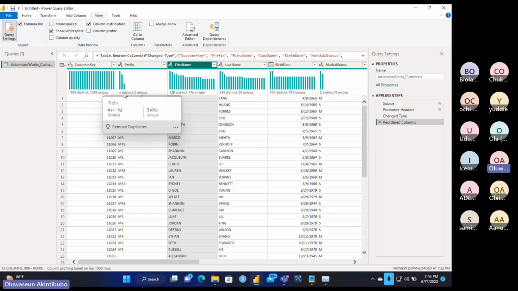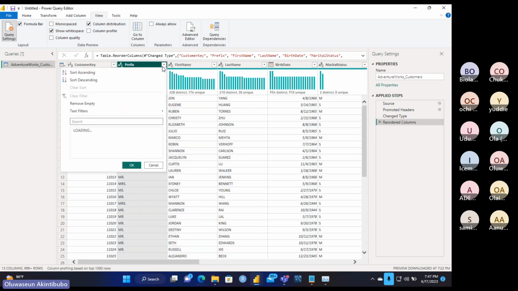We have 4 distinct data inside of it, right? So you can check to see the duplicates. If you want to see duplicates, you can see them by looking at it. You come here to your arrow, the same way we do it in Excel, and you see the duplicates there. So you see that we actually have only 3 major values there.